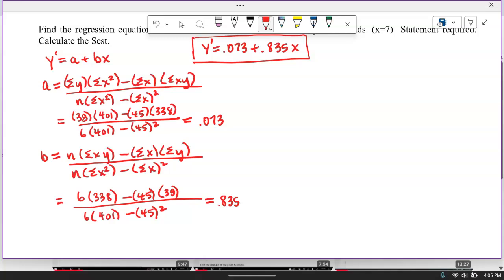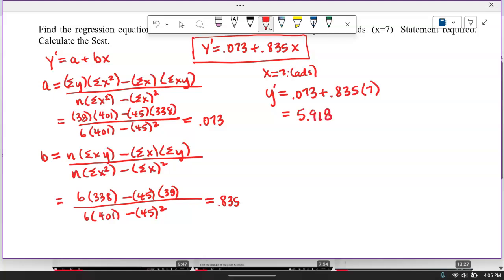Find the regression equation. Now, predict the amount of sales if we bought 7 ads. Now, on this one, I went ahead and told you that x is equal to 7. On your studies, you'll have to know that if I want you to predict the y variable based on 7 ads, or whatever your x values are on your studies for homework, you will say x equals 7 and plug in. Y prime is equal to 0.073 plus 0.835x. I'm going to calculate it. It's